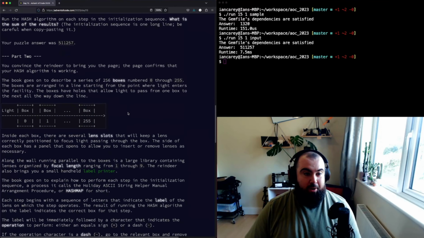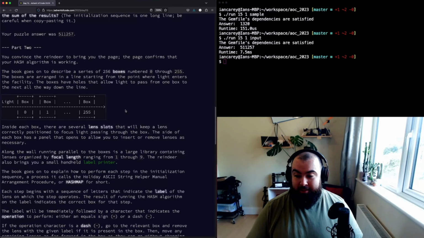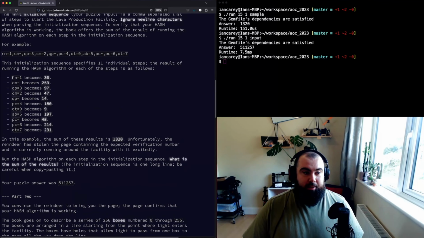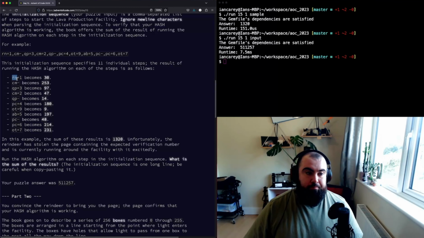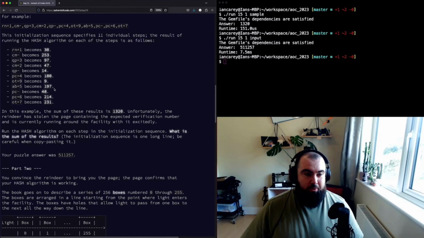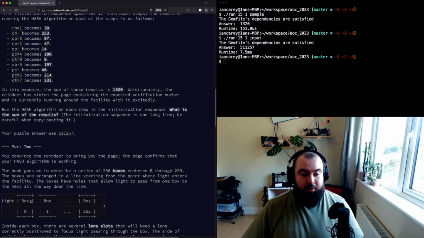He goes on to describe that the sequence is actually a whole bunch of lenses, and there are commands associated with those lenses. So if we go back to our sequence here, he's saying that these characters are an identifier for a lens. And he says that the next character after that is an operation. So we've got an equal sign or a minus sign. If you have an equal sign, okay, let's not jump too far ahead. So we have our lenses, and he essentially says that